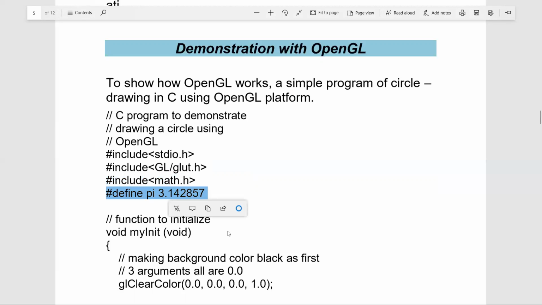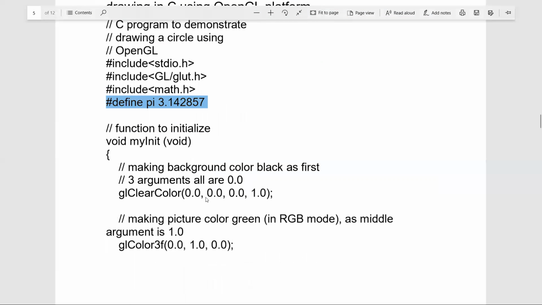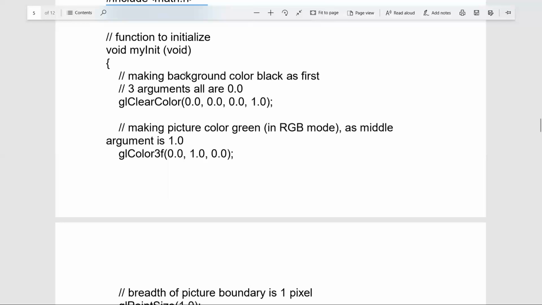There is a constant PI used for drawing the circle. As I mentioned, it is a circle drawing program, but not a normal circle drawing program, it is using OpenGL. The function to initialize is the myInit function.